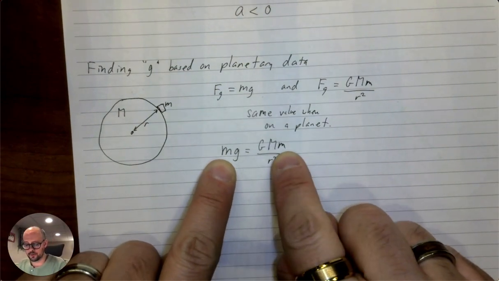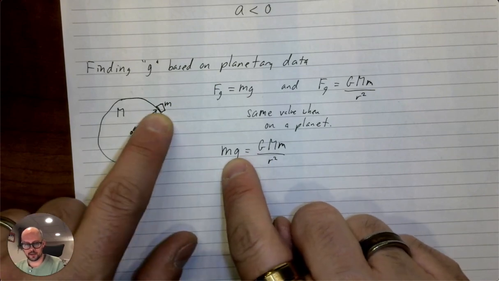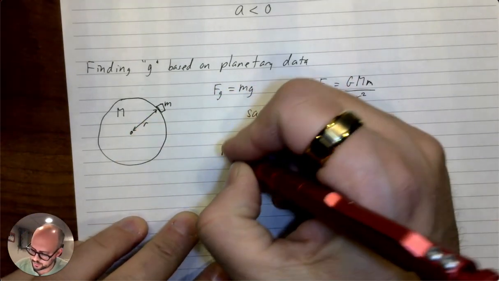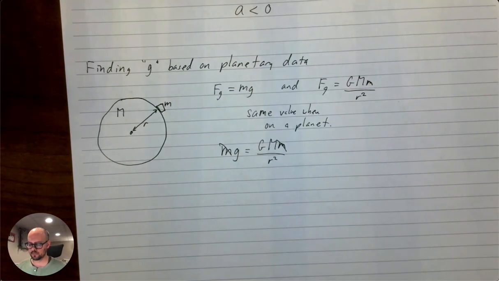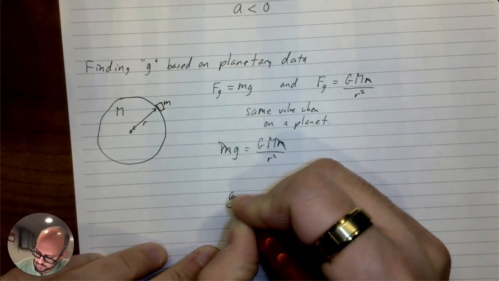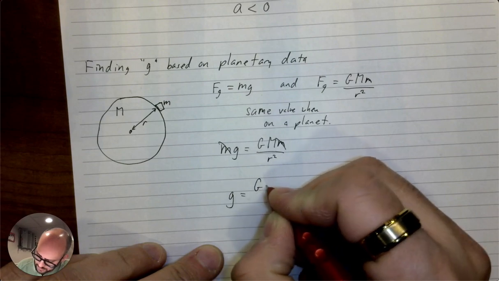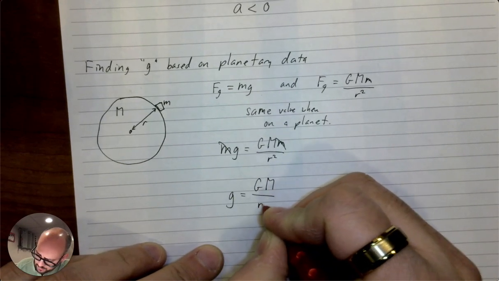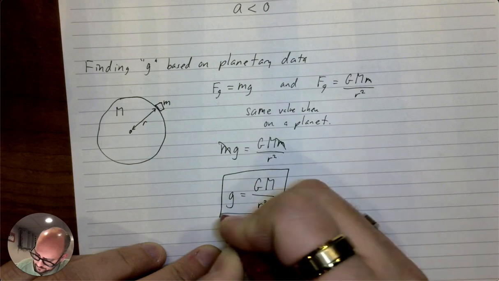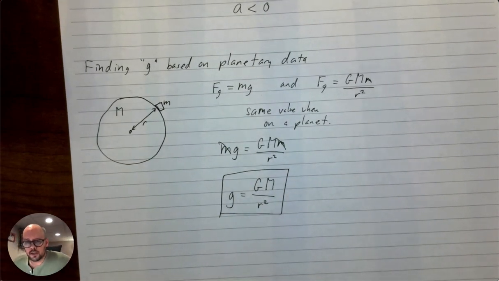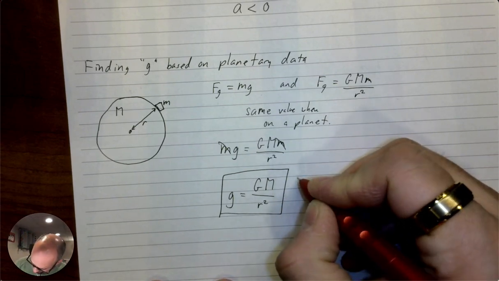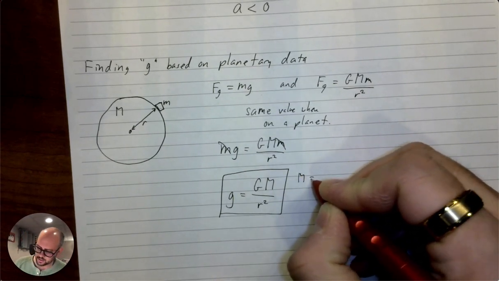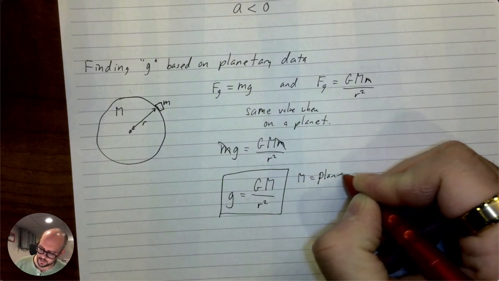Mass is on both sides again, right? This little m is the mass of the object on the planet, and so that's going to cancel again. And we have this equation that reads little g equals big G times big M over r squared. And this equation, if we have the data, can help us predict the value of little g on a planet, no matter where it is, if we just have two things. In this equation, M is the planet mass,